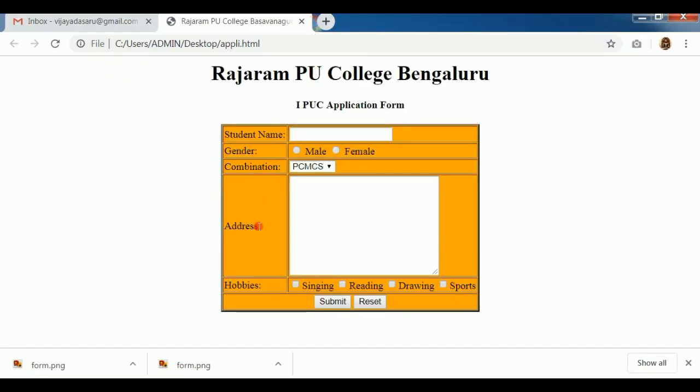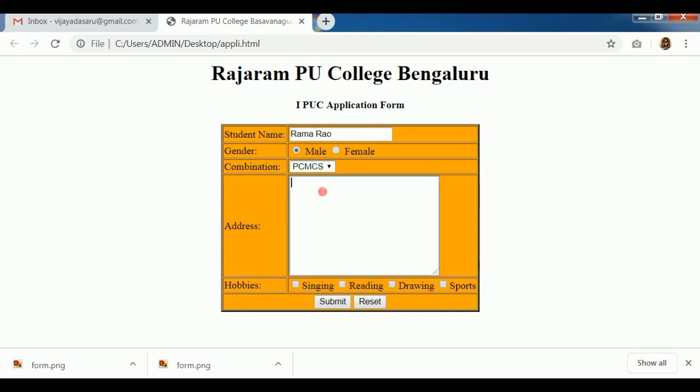Now this is a second PUC lab program using an application form. It is very simple and easy to learn. If you learn the input box, you will be able to write input text, radio buttons, and all those things. Suppose I am typing Rama Rao. I'll select the gender. This is a drop down box. Suppose the student wants to join CEBA, he can join. If a student wants PCMC, he will join.